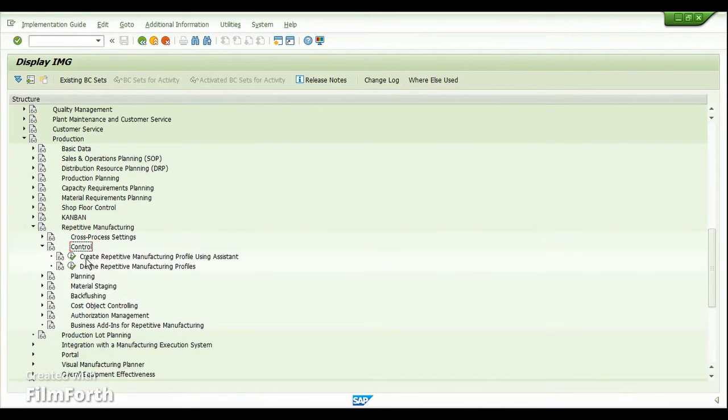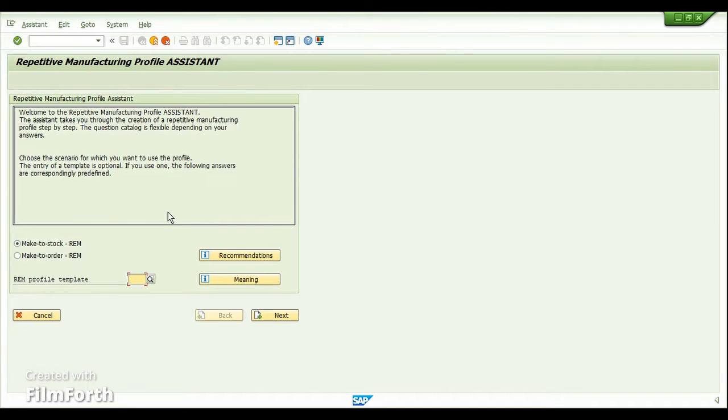So we have two options here. One is to create the repetitive manufacturing profile using an assistant, and the second option is to directly define the repetitive manufacturing profile if you have some knowledge on the parameters that should be maintained in that particular profile. So if I go into the creation of the REM profile or the repetitive manufacturing profile using the assistant, then this is how it looks. So here we have two options, whether the profile should be part of the make to stock or the make to order. Okay, so now let's say I choose this as make to stock,